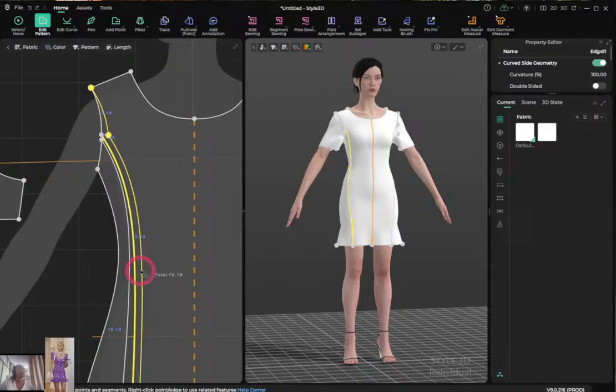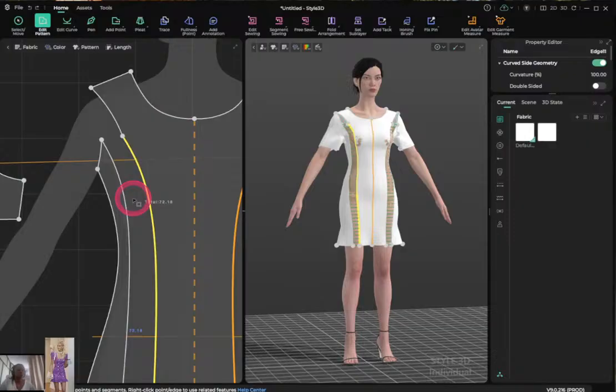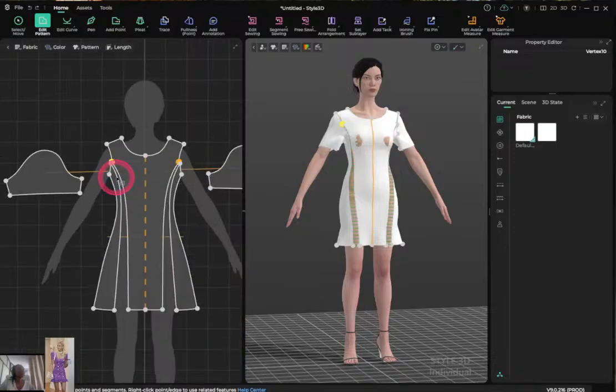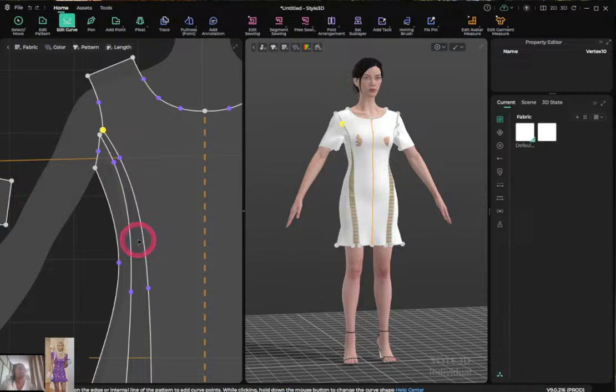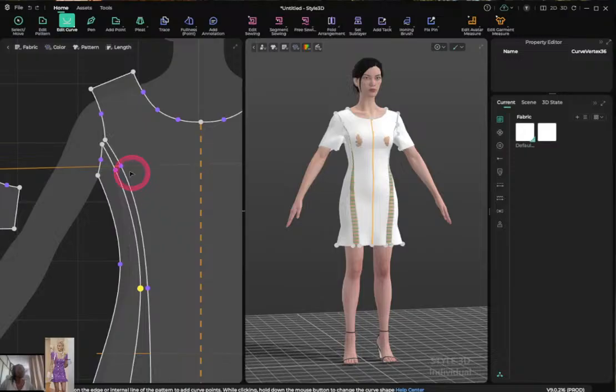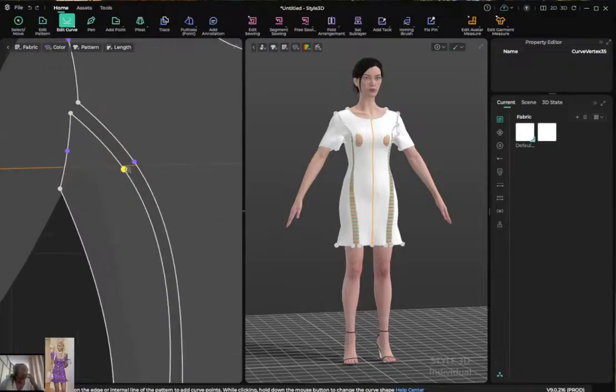If I can move it up to there, then just grab this part and bring it up. And then I grab this part, widen it a bit. Yeah. So at least now,